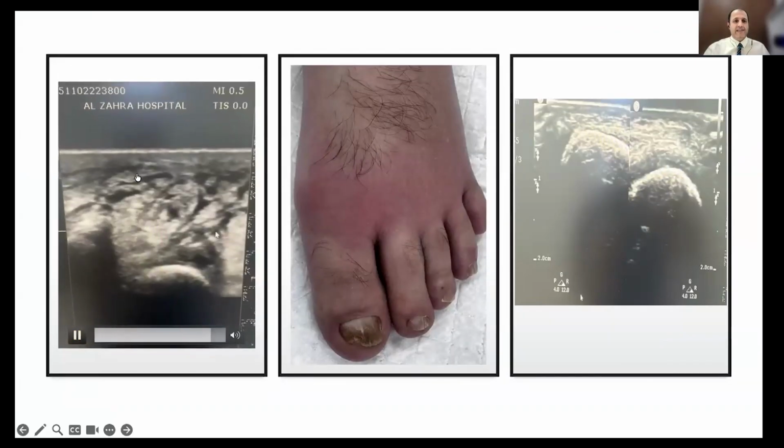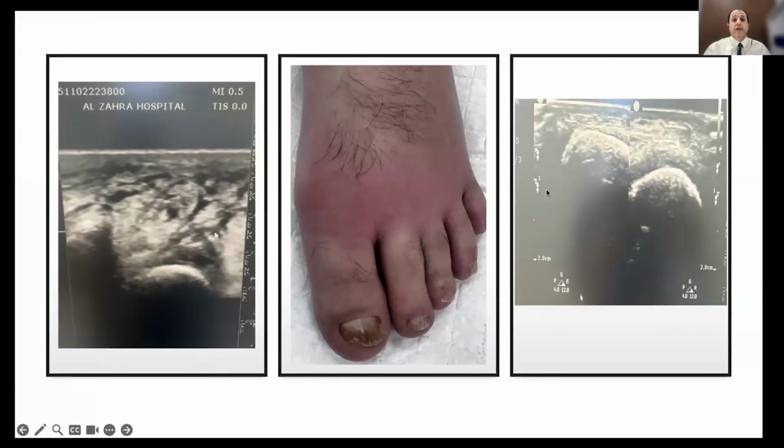You can see here there is fluid accumulation, a cobblestone pattern, which we always talk about with cellulitis. This comes to our mind. And I searched and assessed the case more, and found something unexpected. Here, this one is the normal side, and this one is the abnormal side. There is a small effusion around MTP1, so it looks like maybe arthritis. The patient doesn't have pain because he was on tramadol and antibiotics, so it came with an atypical presentation. So we aspirated, and the diagnosis looks like arthritis.